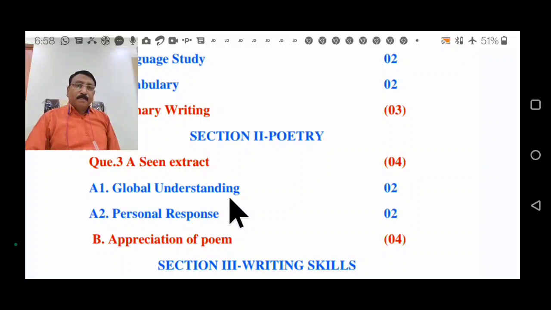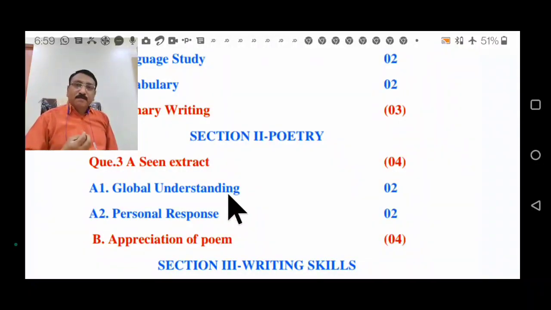If the students find out something special, something focusing in the poem, the student may use the fourth point as focusing elements in the poem or specialities in the poem. So here the student may mention